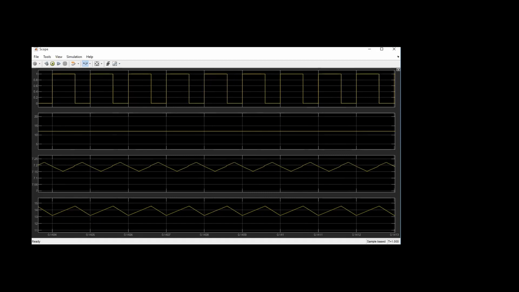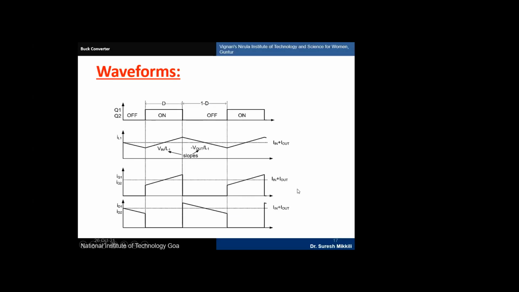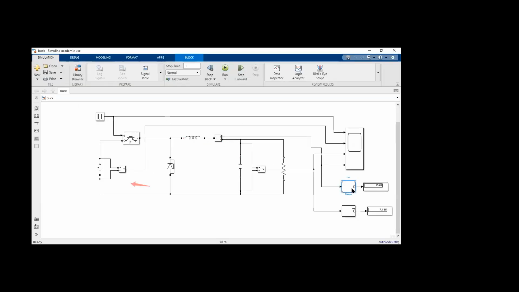If you observe the first graph and the fourth graph, the charging and discharging period is happening based on your duty cycle. So the same thing you can ensure here. You can see how it is charging when on and how it is discharging when off. Here I have additionally considered mean blocks. I have taken the mean block for the current source, and the current I calculated was 13.87. When you see here, I also got 13.87.